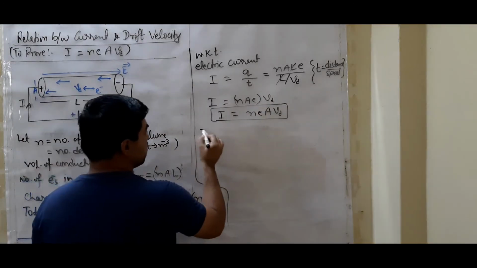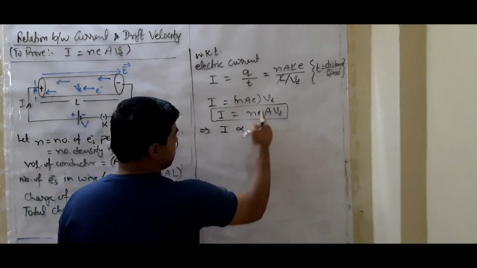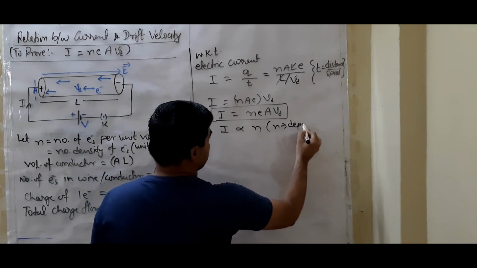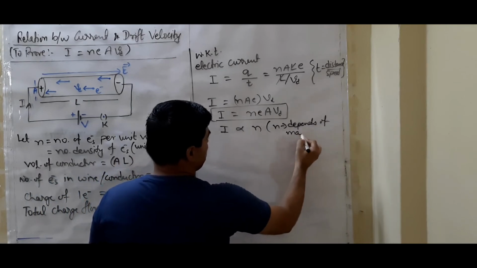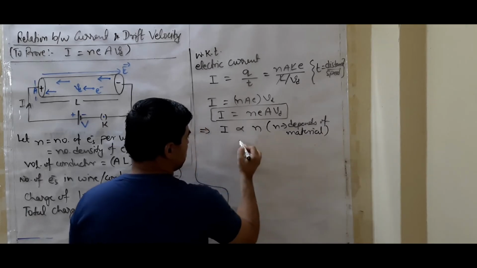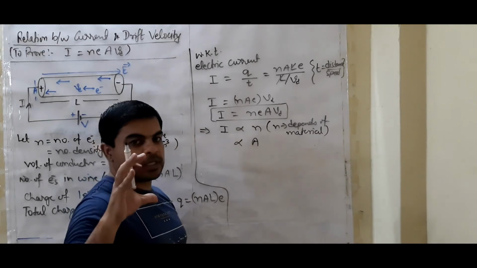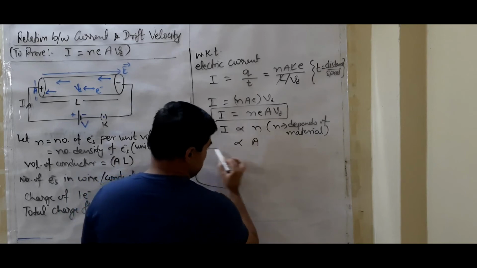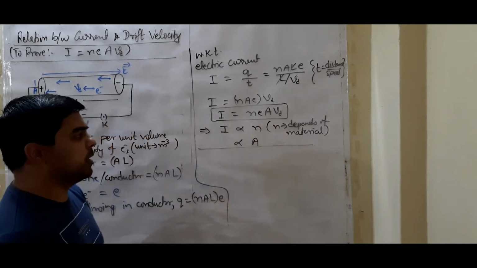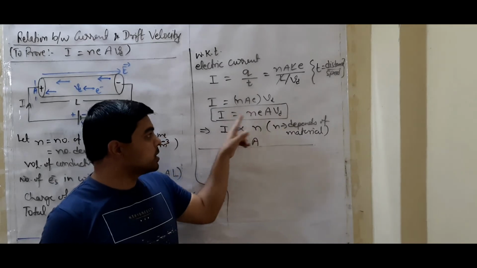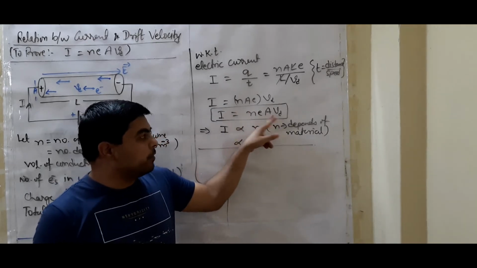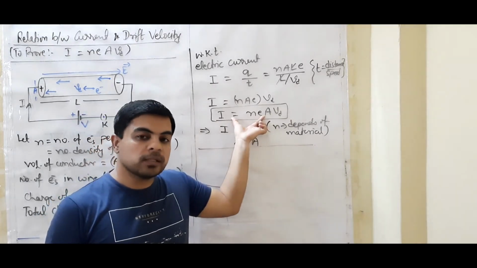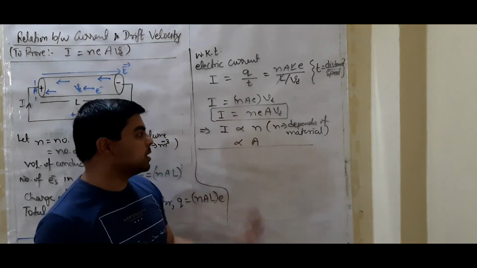Here, a very important factor: the value of I depends on n. e is the charge of the electron, which is the same for a given wire and depends on the material. For a particular material, it is constant, and I is directly proportional to the cross-section area. Whatever the cross-section area is, it will impact the value of I, and Vd also. Its value is an average value, but it will depend on some other factors also. So this is the expression for I and Vd with respect to each other. In many cases, numericals or derivational parts, we can use this relation.